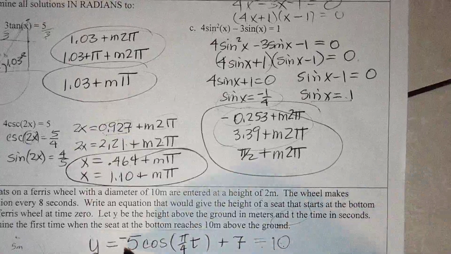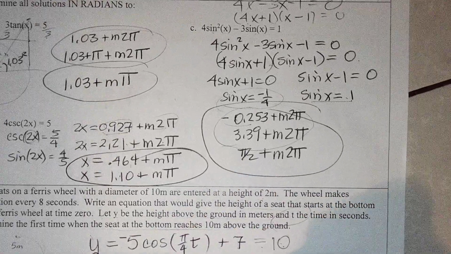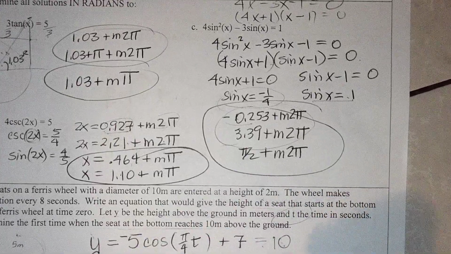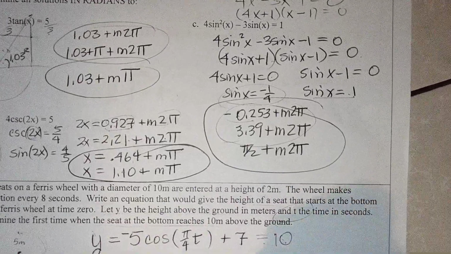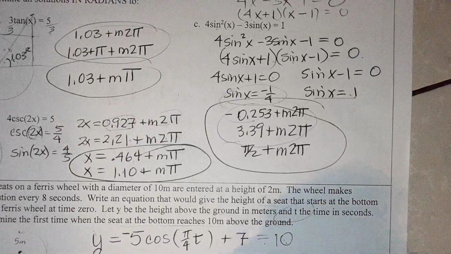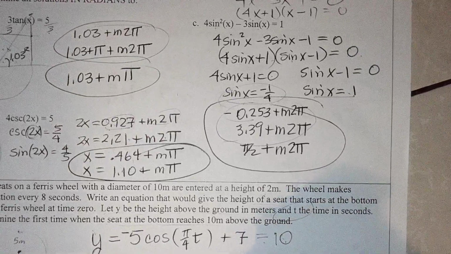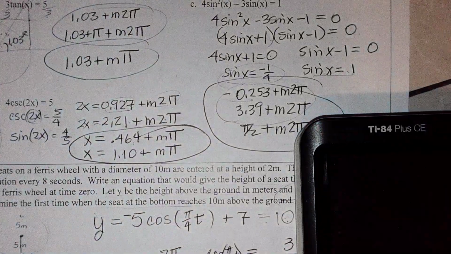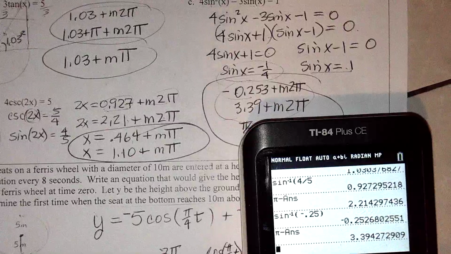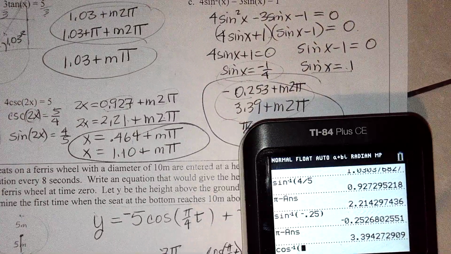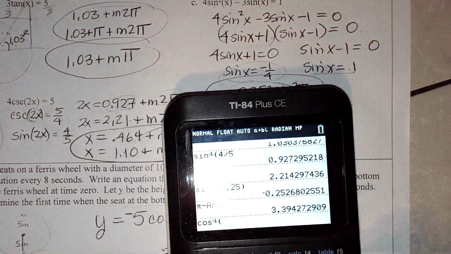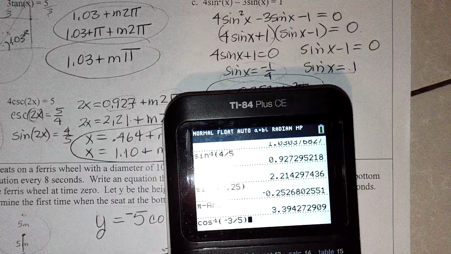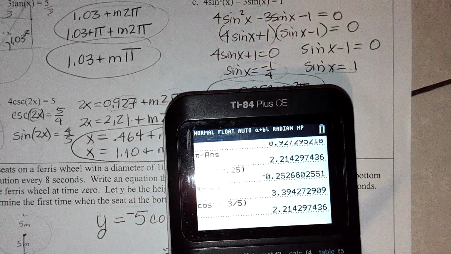Subtract 7 and divide by -5, so I'm going to get 3 when I subtract the 7, divided by -5, and that's the cosine of pi over 4t. So I can do the cosine inverse of -3/5. And I get 2.2